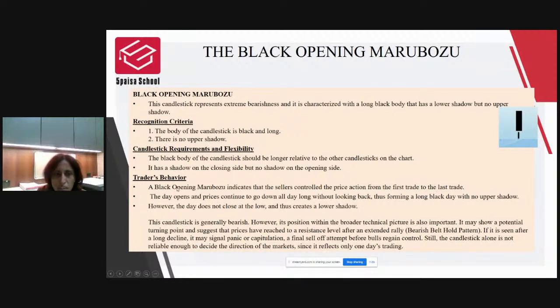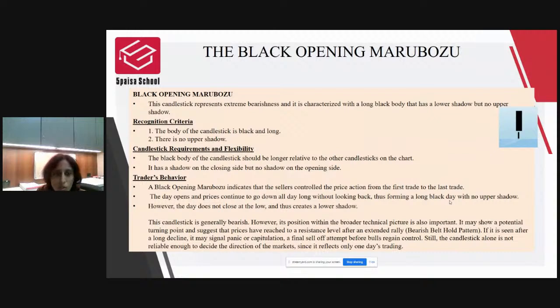So what is the kind of trading behavior? The sellers are controlling the price action from the first trade to the last trade, and the day opens and prices continue to go down all day long without looking back, thus forming a long black day with no upper shadow,